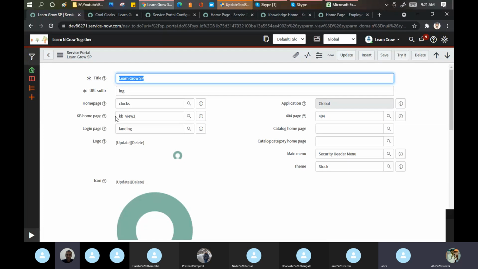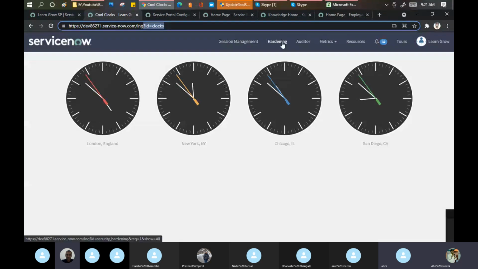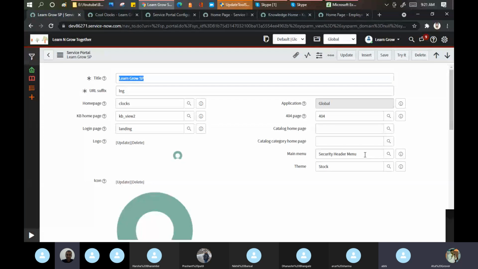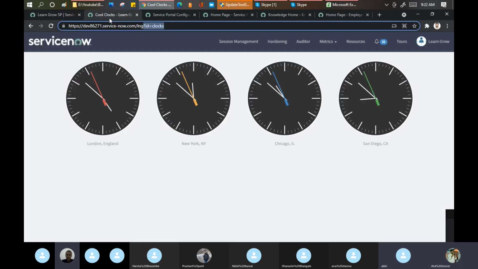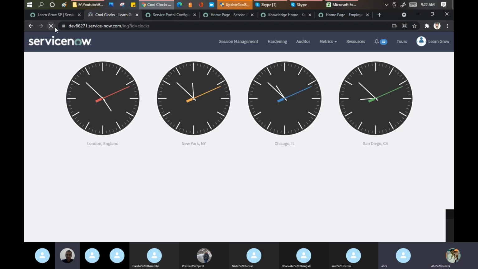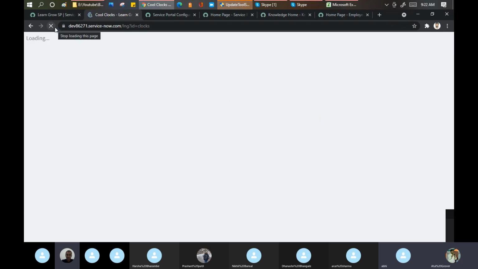KB homepage to view. If I click here, because I don't have a KB here, let me change the theme first, or the menu first here. It's interesting or not?